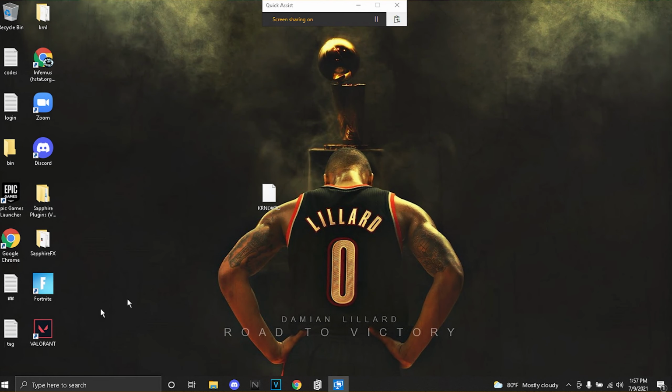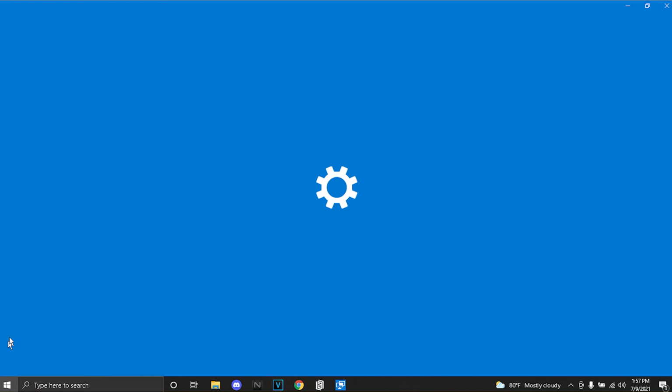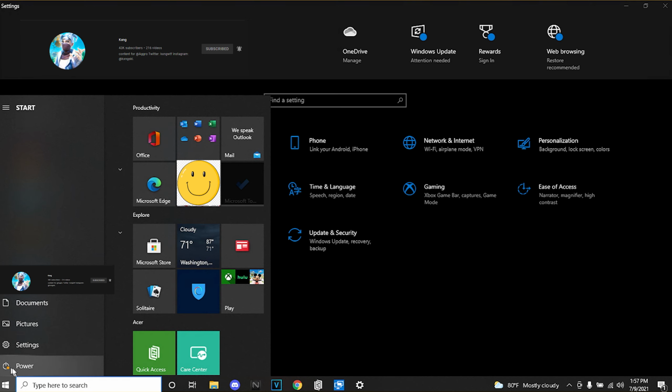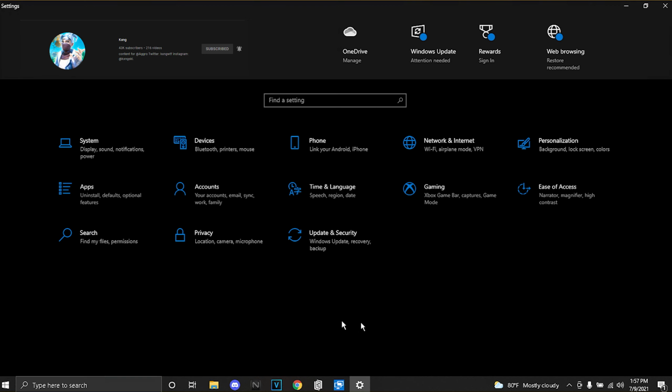The first thing that you guys are going to want to do is open your Windows settings, and make sure that you don't have any Windows updates, because Windows updates will always kill your performance no matter what. And also make sure that you download all the Windows updates so that when you restart your computer, you don't have to do more. But first thing you're going to want to do is go to gaming and turn off